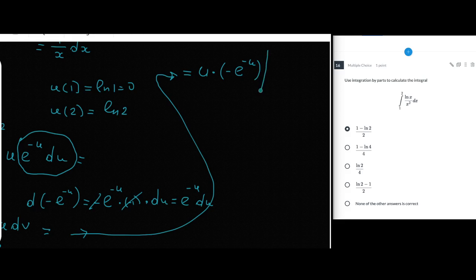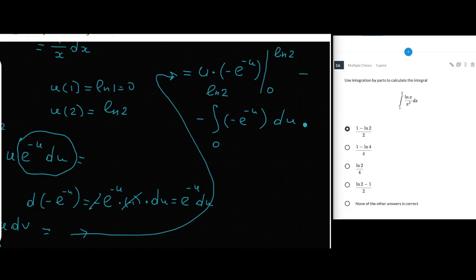And we're plugging in the limits of integration, which are 0 and ln of 2. And then we have to subtract from this the integral of v, which is negative e to the power negative u, integral of du,